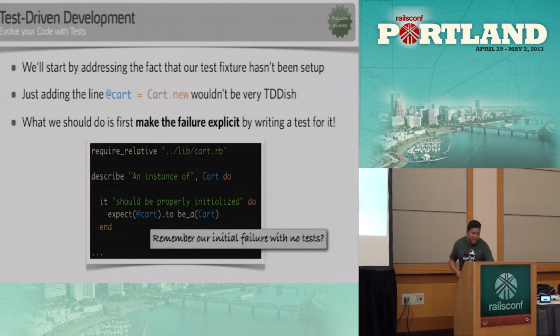So now notice in here that my test says, an instance of Card should be properly initialized. That implicit failure, I made it explicit by writing a test about it. You will see things like this sometimes when you're testing an integration test that talks to some mock web service. You at least want to know that there's a connection between your test and the mock web service, because in the real scenario, you want to test that you have a connection between your app and some external web service. So sometimes these explicit failures where you see RSpec breaking mean that you probably want to write a test to cover it.